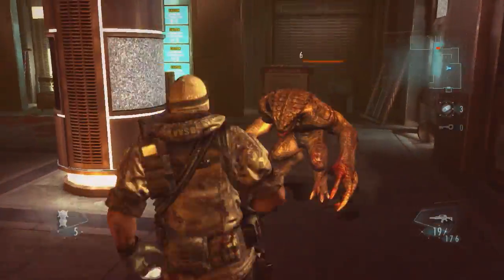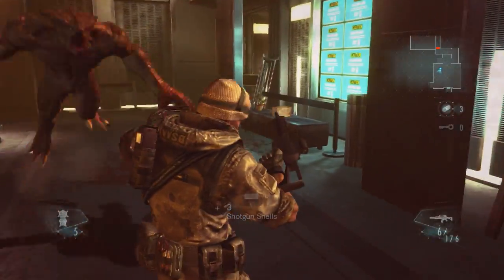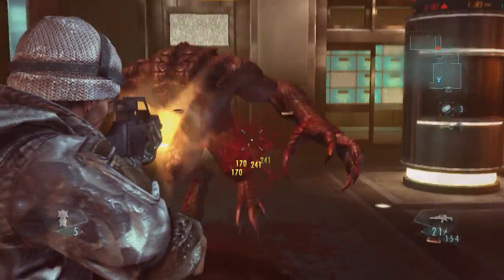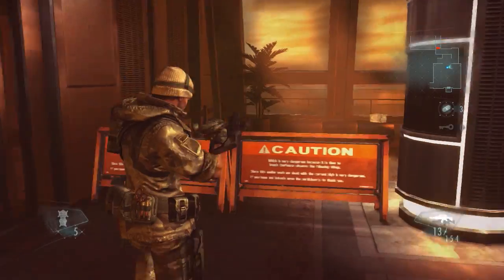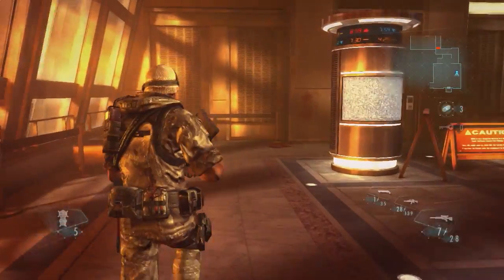However, if you're clever enough, you could also use the orange signs as iframes in order to cheese out the hunters if you're getting swarmed. Or you could get good with the dodge, but that's just silly. It's what I should be doing, but...